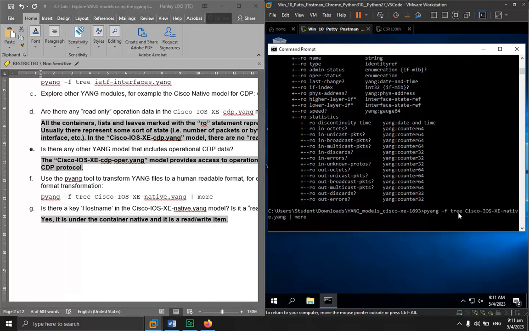It asks you to look out for a key called hostname, similar to a previous module where you learned to configure a hostname on the router. You can make use of Python code to send a URL request to read the hostname as well as to change the hostname.